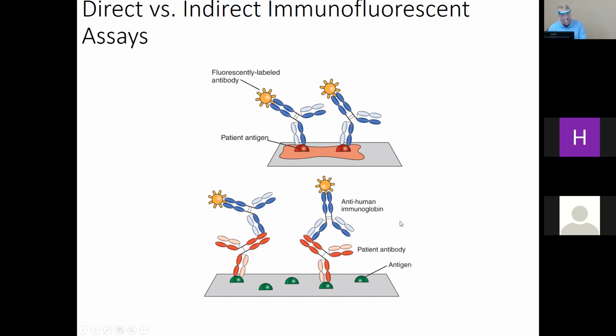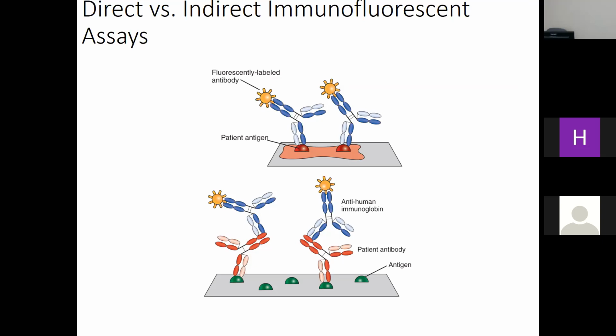Does that make sense? No? Yes? Look at it again, because this is key to what we need to finish with. When I talk about direct assays and indirect, direct means that my antibody against something with the fluorescent label, the label is what I'm looking for here, directly binds to the antigen. Okay? You're going to see this in blood bank. Maybe she's out there listening. DAT, direct antigen testing. And then we do indirect antigen testing.